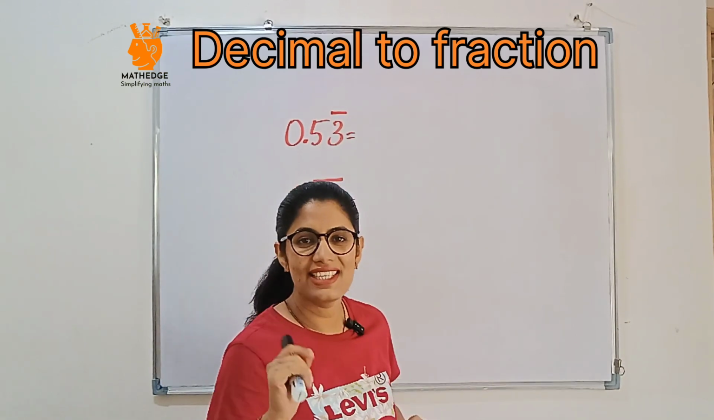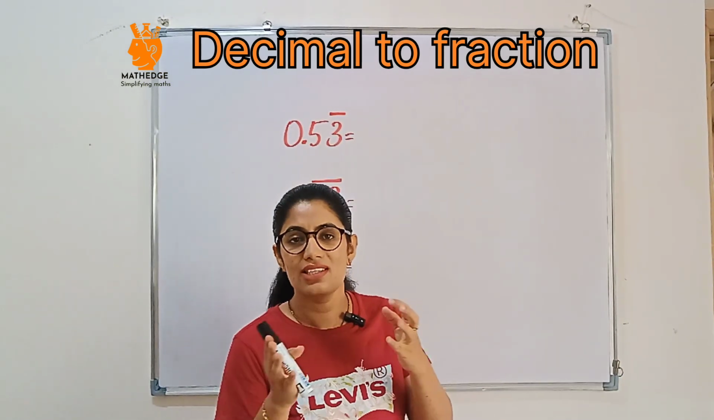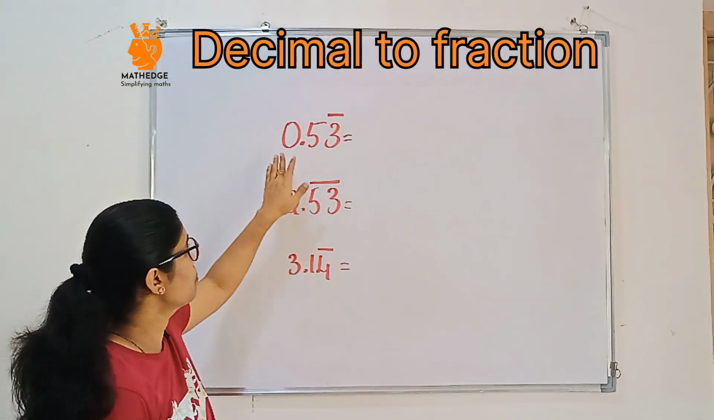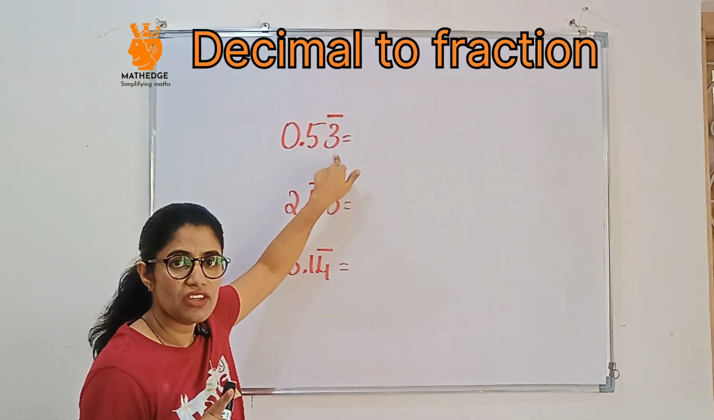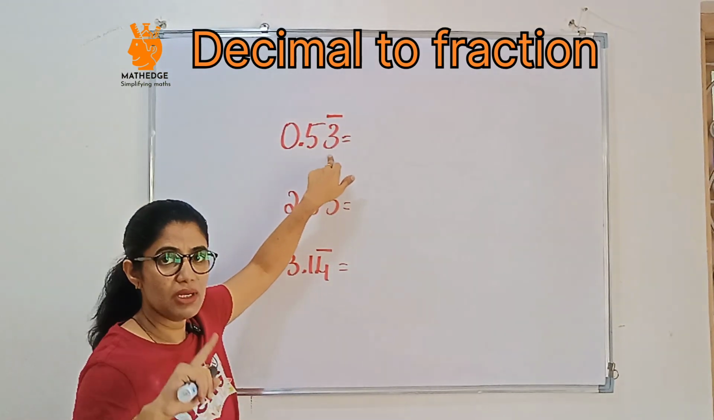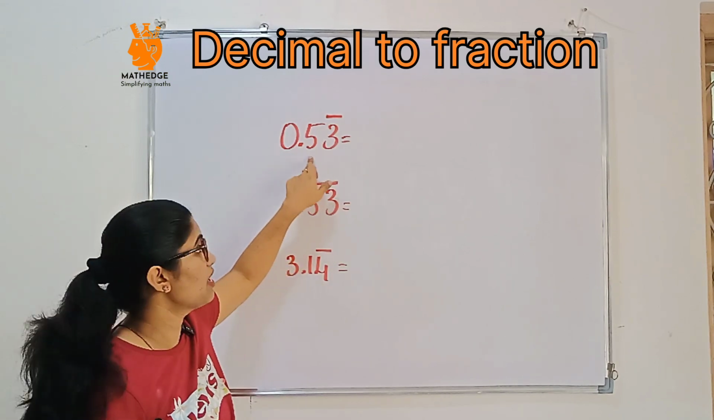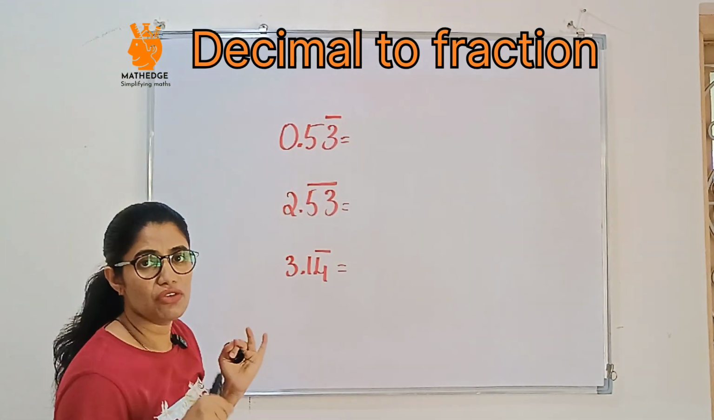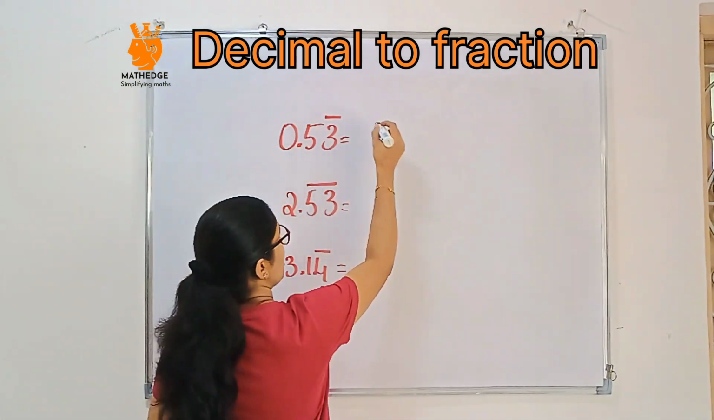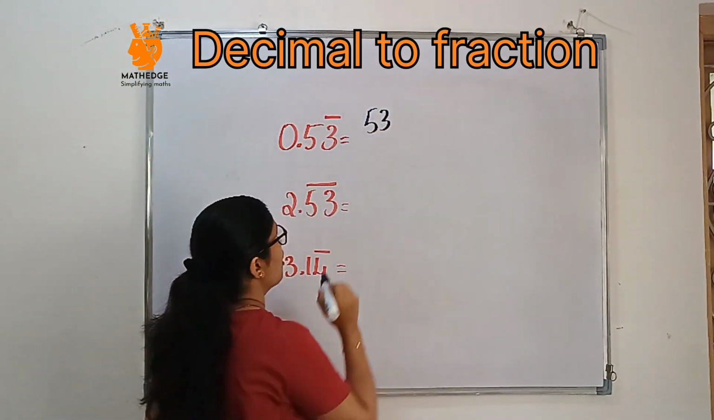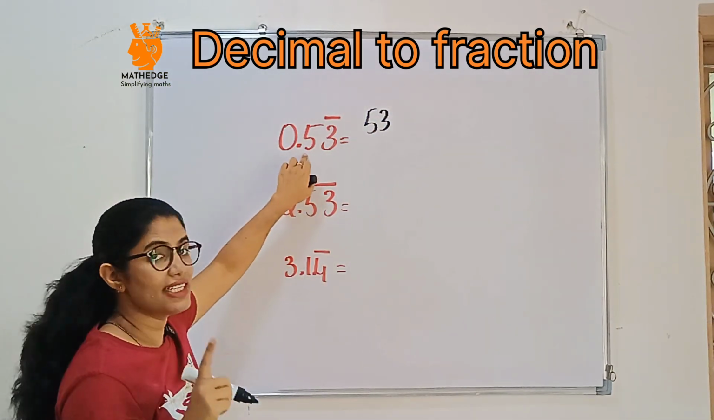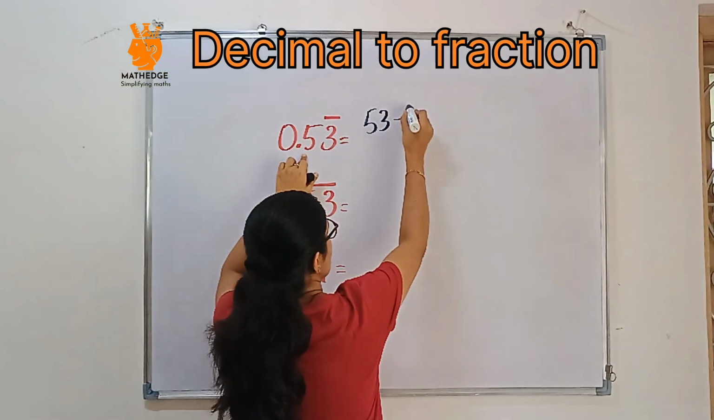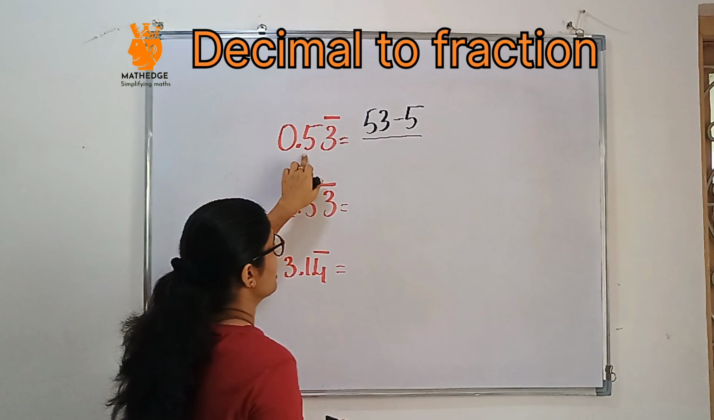Now comes the slightly trickier part, mixed numbers. Some digits are repeated, some are not repeated. So let's have an example. 0.53 bar. If you observe here, the bar is only for 3, meaning only 3 is repeating and 5 is not repeating. Then how to apply the trick? First write the number we have, so we have 53. After that, 5 does not contain a bar, so that we should subtract. So minus 5, divided by